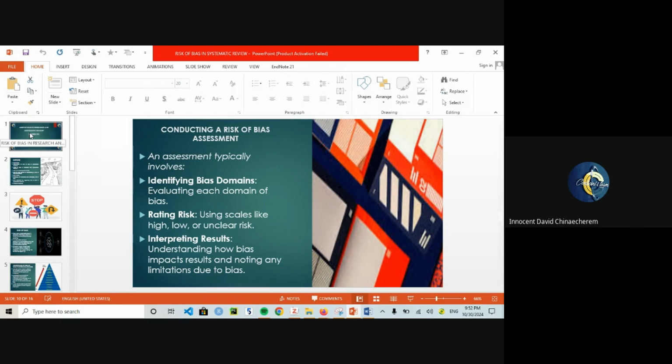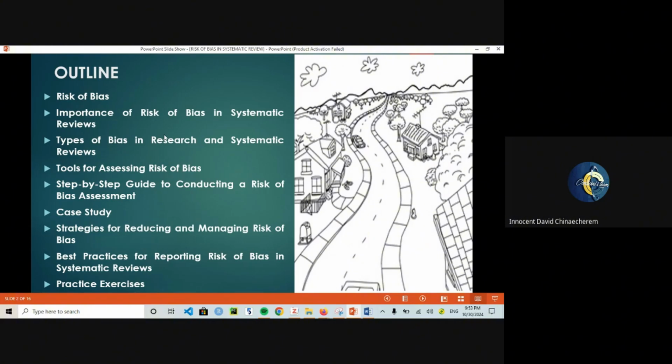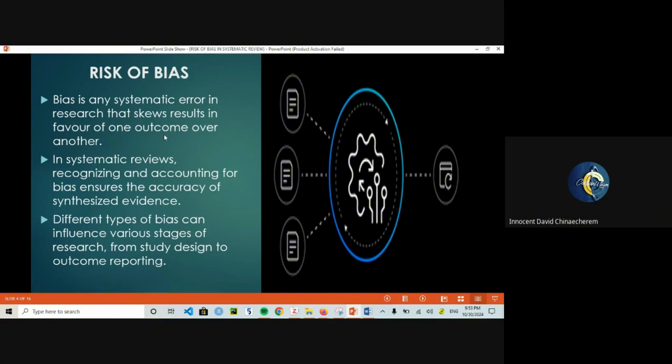So I'm just going to have a rundown of what I've talked about tonight. I started by explaining risk of bias, the importance of risk of bias. I talked about the types of bias in research and systematic reviews. I did mention some of the step-by-step guide to conducting risk of bias. Then we talked about some of the strategies and best practices. So we explained risk of bias as any systematic error that skews the result, or that tries to influence the result. And then we made it very clear that in a systematic review, recognizing and accounting for bias is very important